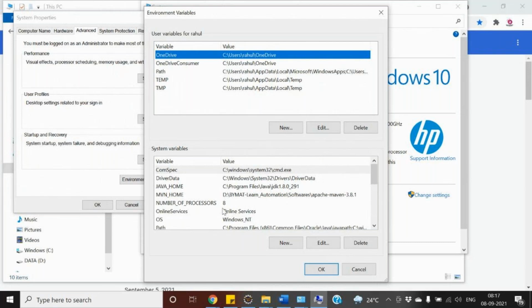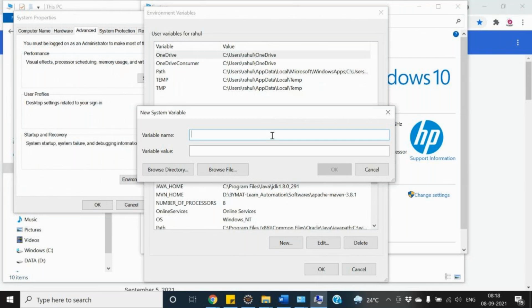In your system variables, in this particular window, you need to create a new variable. Just click on New and type JAVA_HOME. That is your variable name, and then the variable value. So what is my variable value?